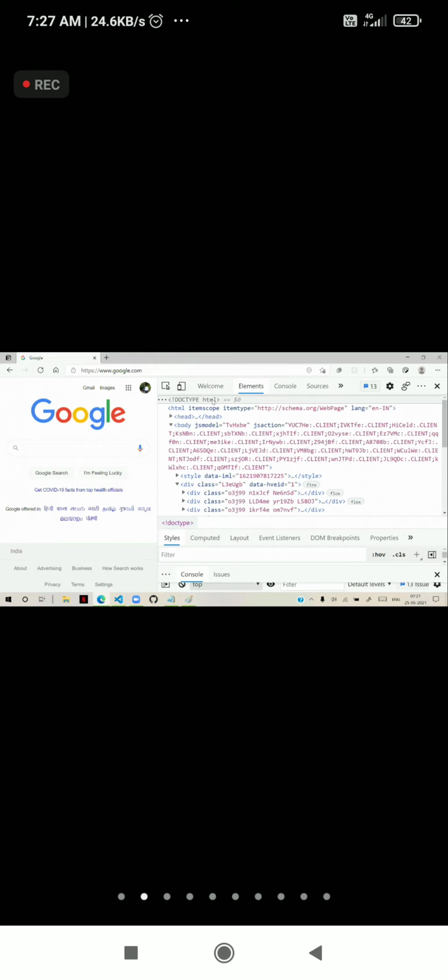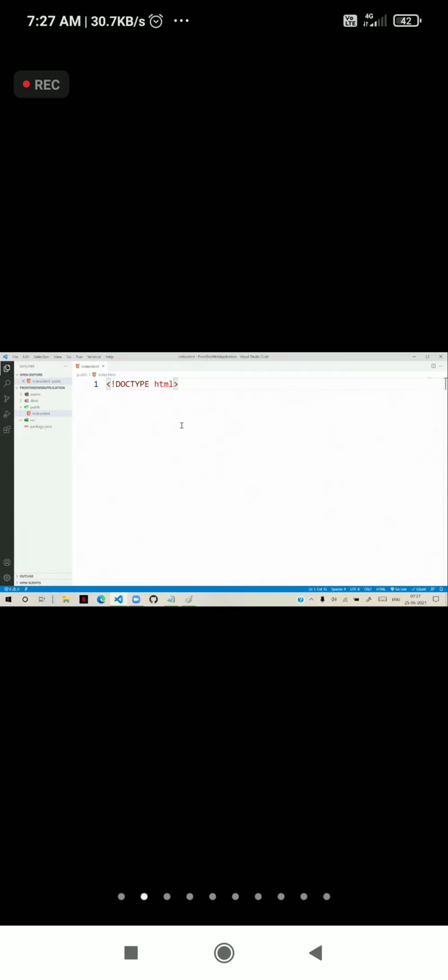So it indicates that they are also using HTML5. If there is no doc type HTML at the top, that means it is using some old version of HTML. So this is called the document declaration. The purpose of the document declaration in HTML is to tell the parser which version of HTML we are using to design. I hope everyone understood it clearly.